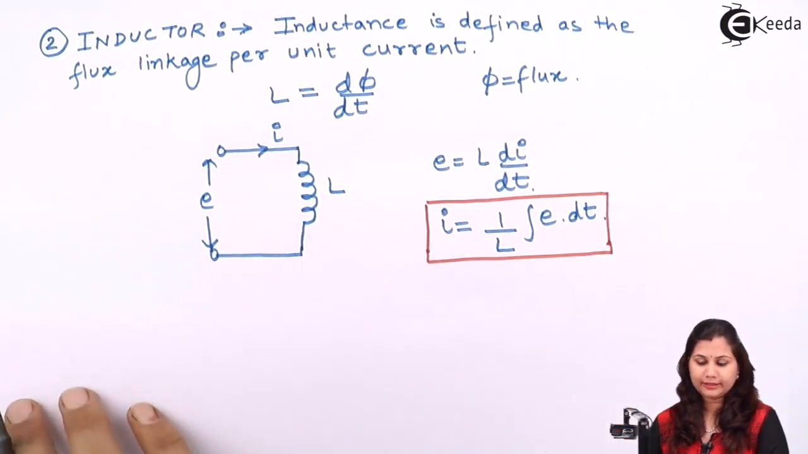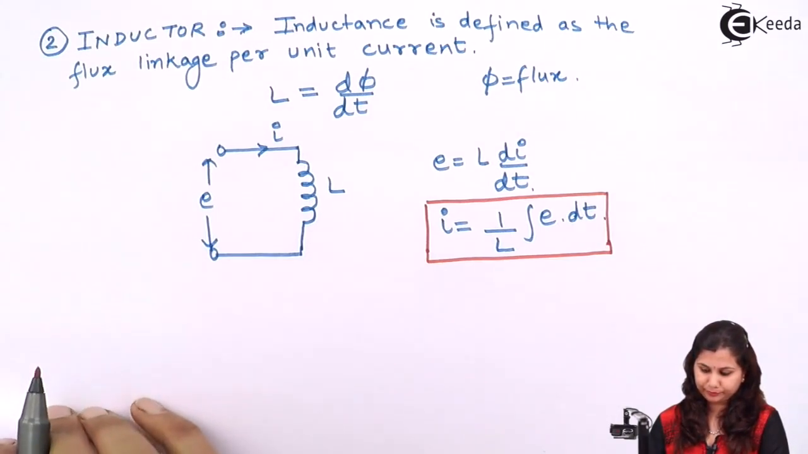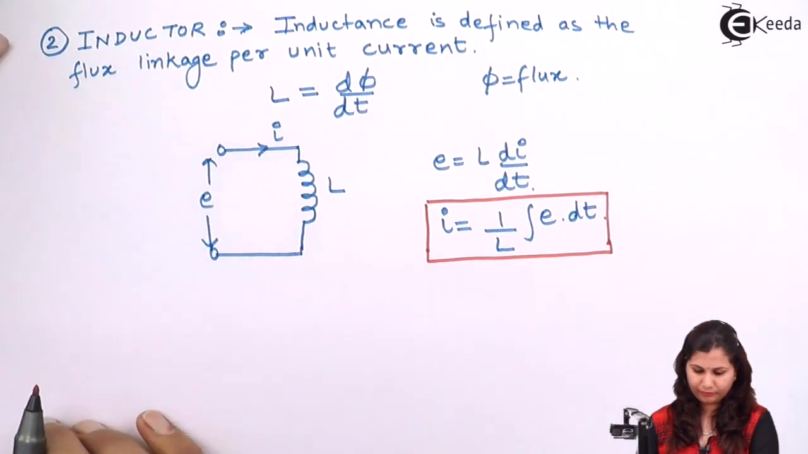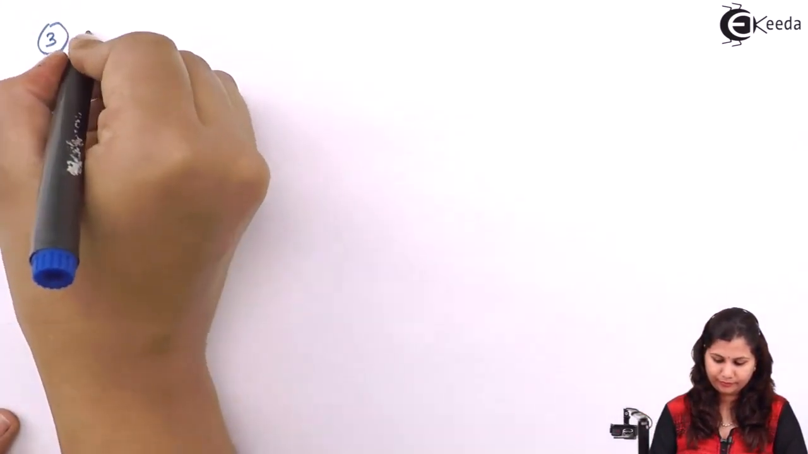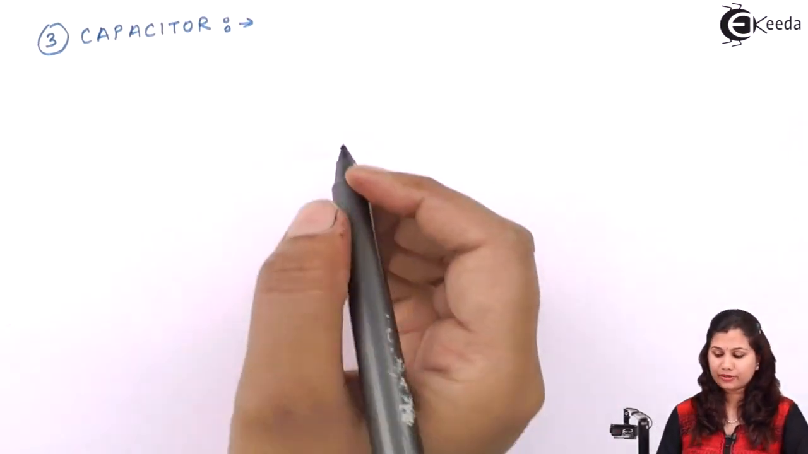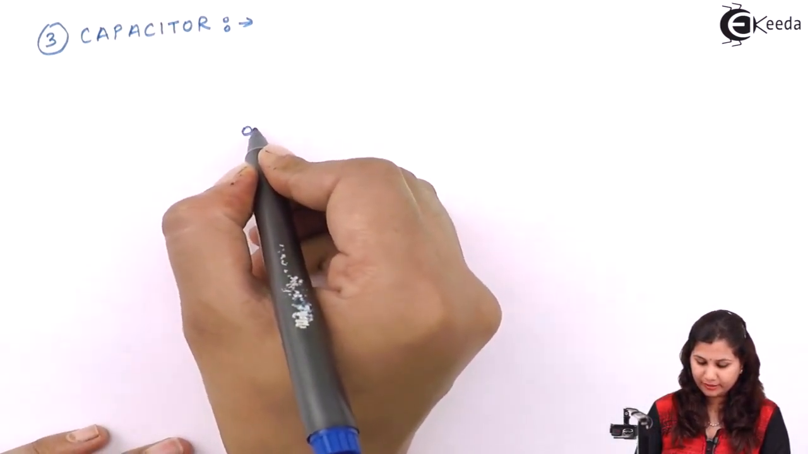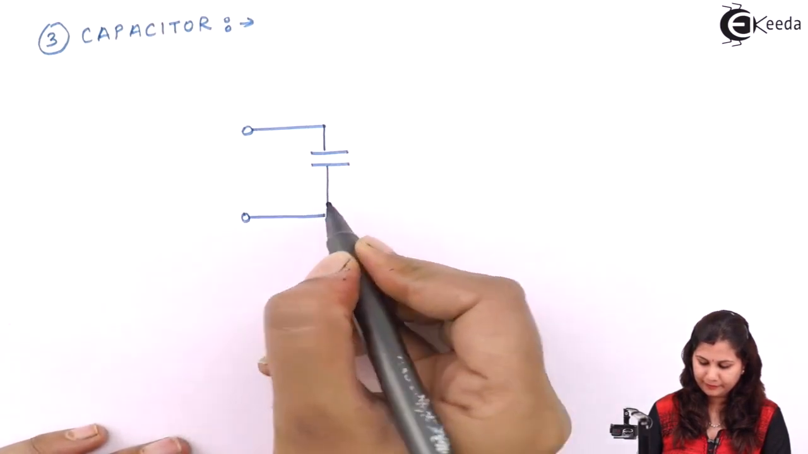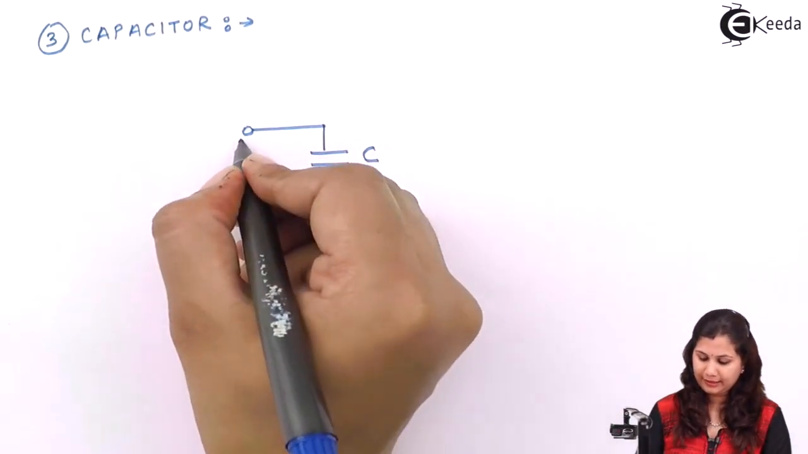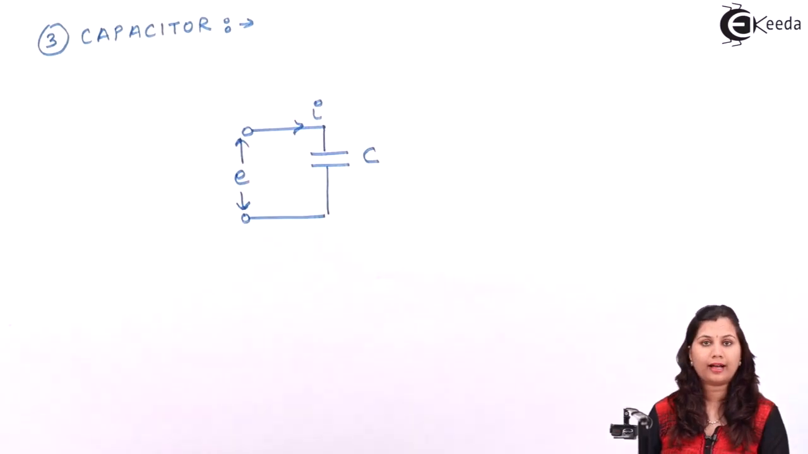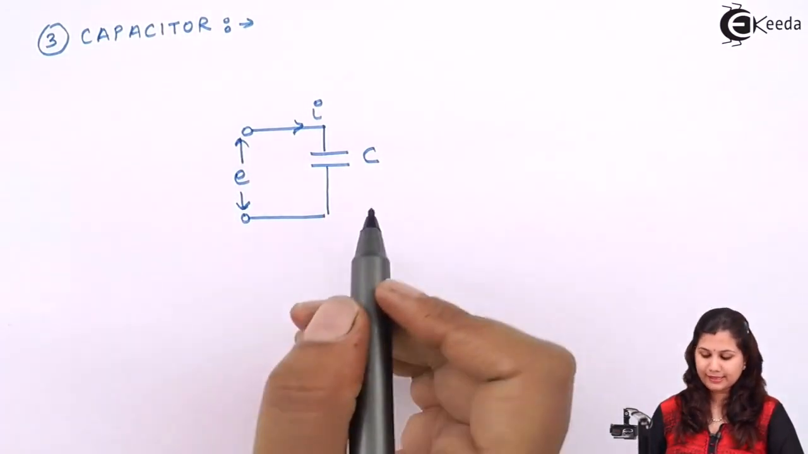Now let us study the third element, capacitor. Let us first draw the circuit for it. This is a capacitor having the capacitance C, E is the voltage applied across its terminals, and I is the current. So this capacitance is defined as